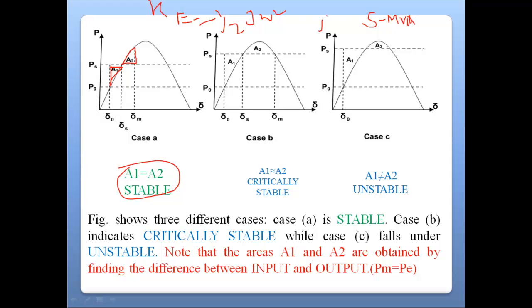SMVA. This is basically a megajoule portion. If you remember the unit, this is basically a megajoule, right? Now, what is the critical stability? If you see the critical stability, this is the point of critical stability, and at that point in which the